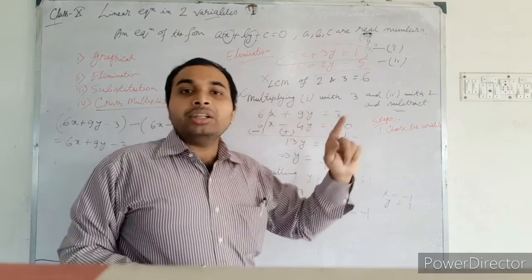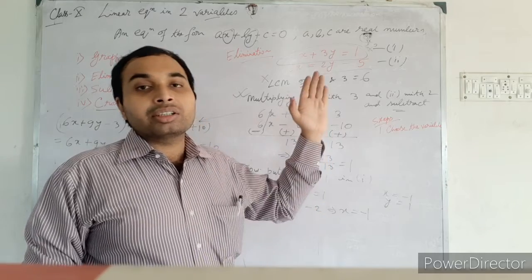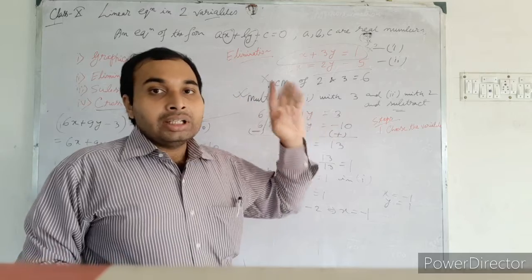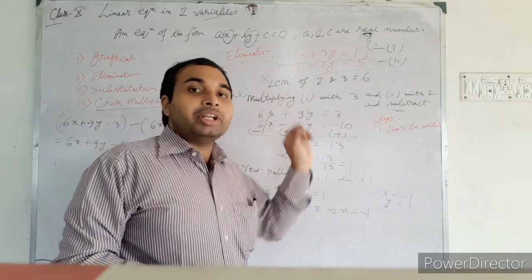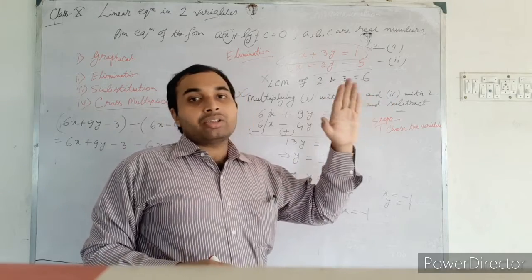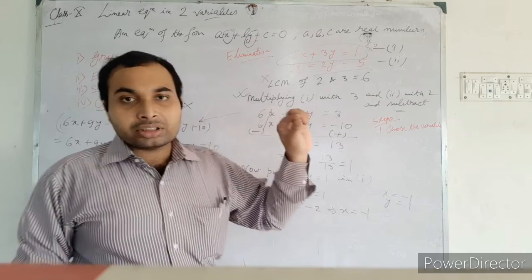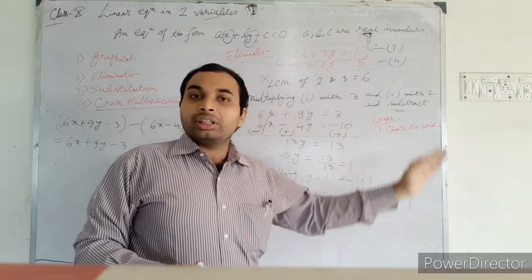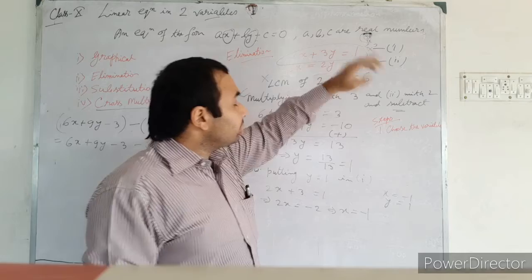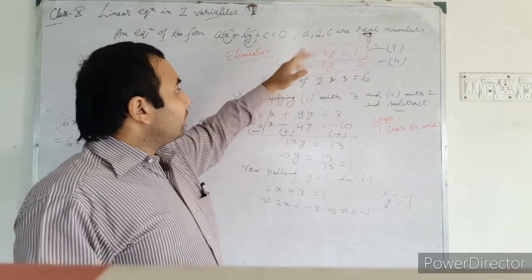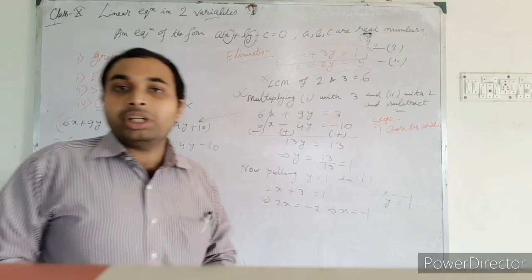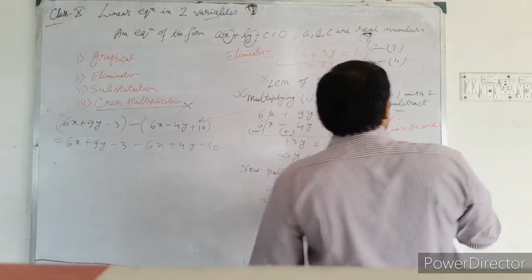The x and y both will be at the left hand side and the constant term will be at the right hand side. You have to do this at first. I repeat, x and y both will be at the left hand side. It is a must. You can take the constant also at the left hand side, but my suggestion is to keep the constant at the right hand side of the equation, and the variables x and y both at the left hand side of the equal to sign. Okay, so choose the variable at first.